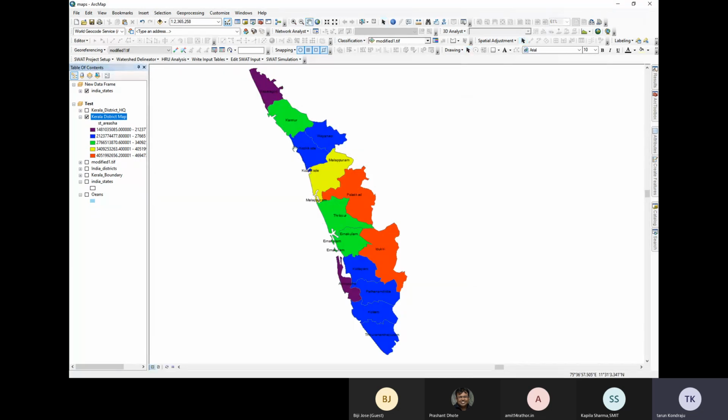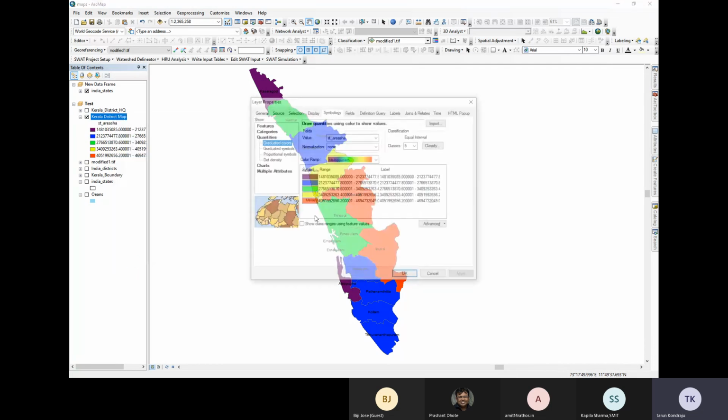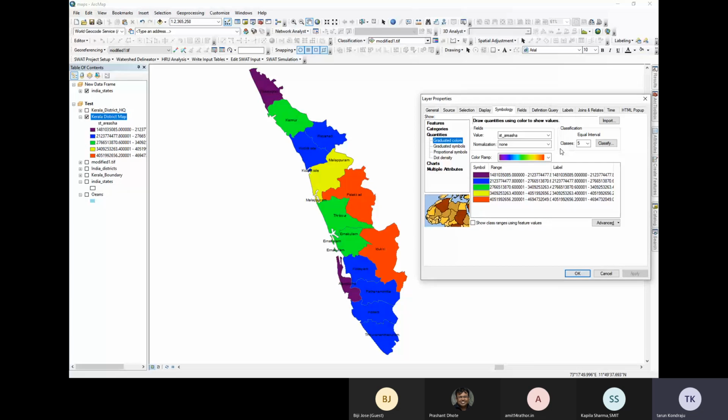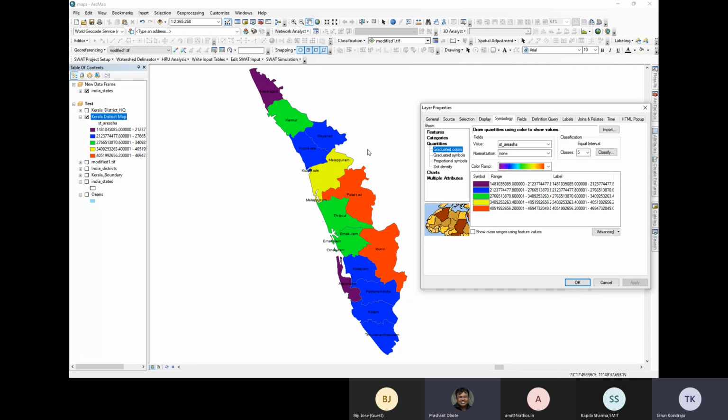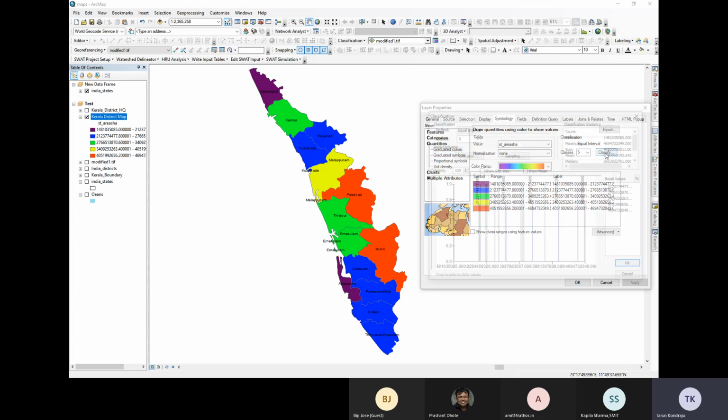Okay, so in this section, if you see, this is the output when I use equal intervals. So based on your interest and what you want to do with the map, and how you want to represent your data. For example, you want to show maps where there is more deforestation, less deforestation, or there is drought area, non-drought area, soil erosion is more, soil erosion is less. In that case, you can always use these kinds of graduated colors to show your